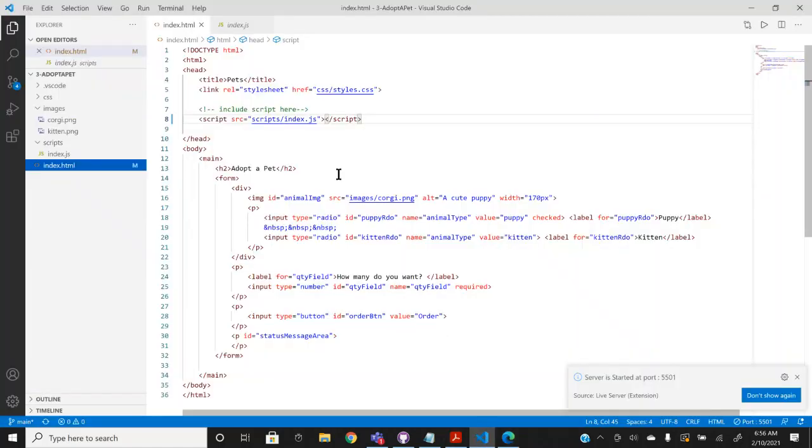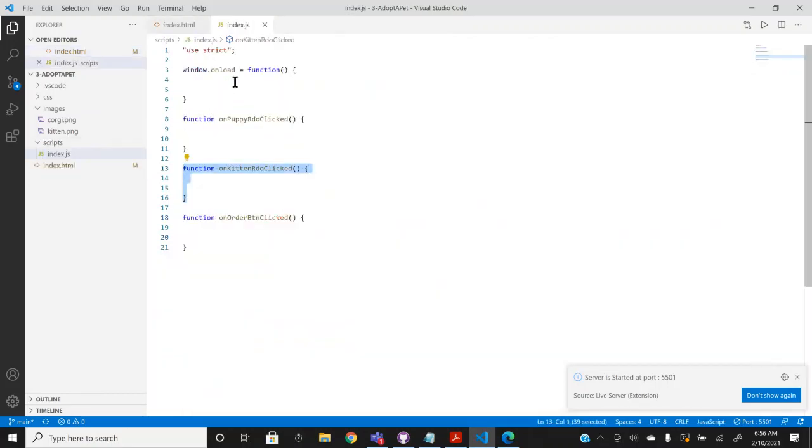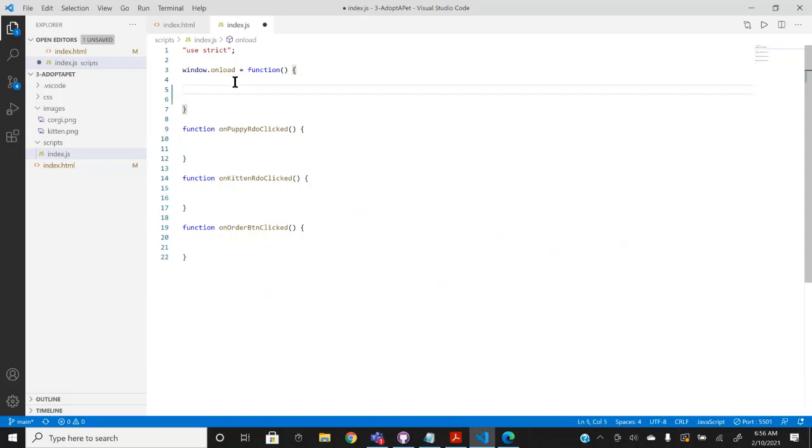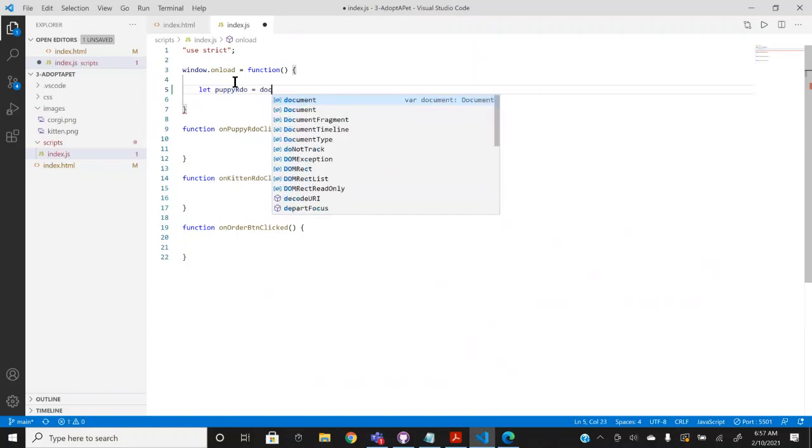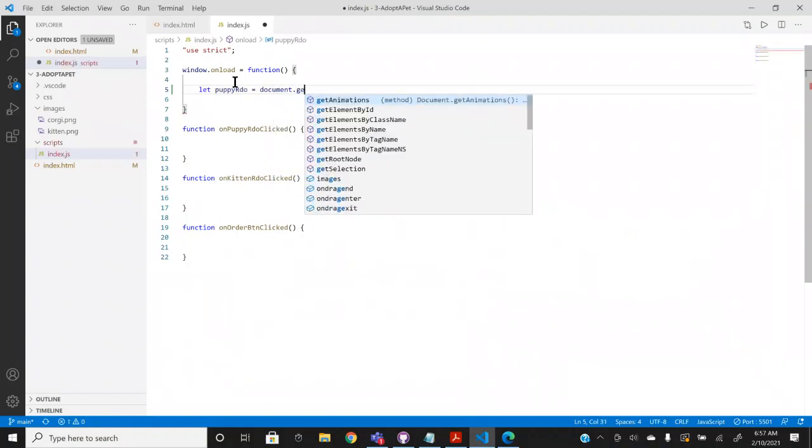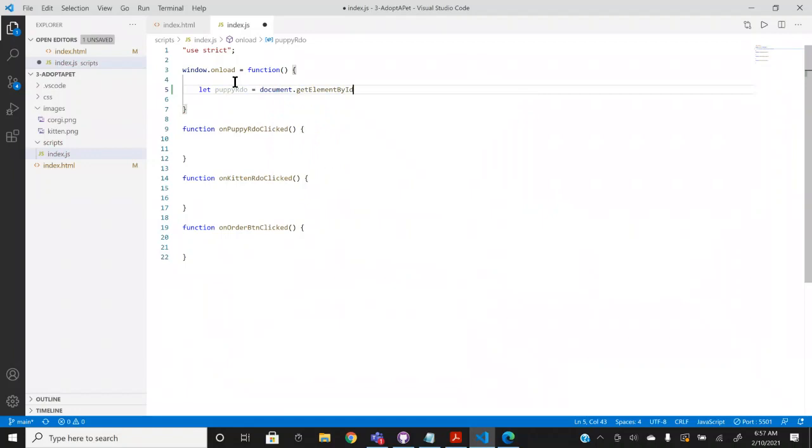So we'll come back to Visual Studio Code. We've got to grab the IDs. So do you see puppyRdo is the ID of the puppy radio button, and kittenRdo is the ID of the kitten radio button. So the first thing we're going to have to do inside of here is we're just going to have to go off and find the puppy radio button. Puppy, let's see if I can type. Puppy, now you know why I copy and paste. Equal document dot getElementById